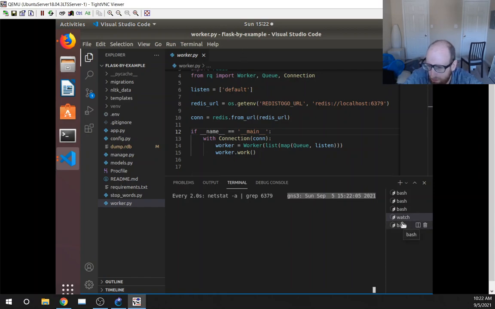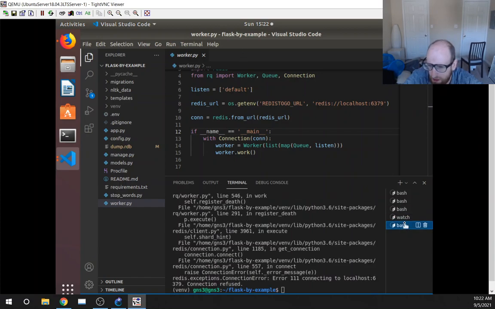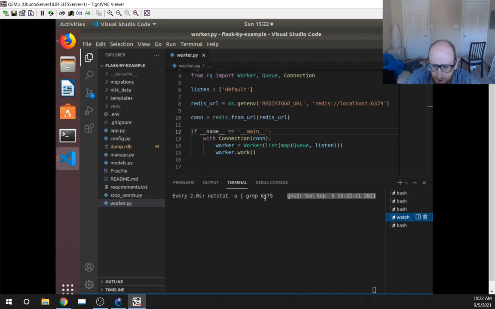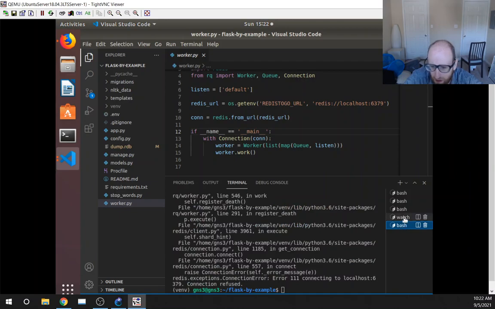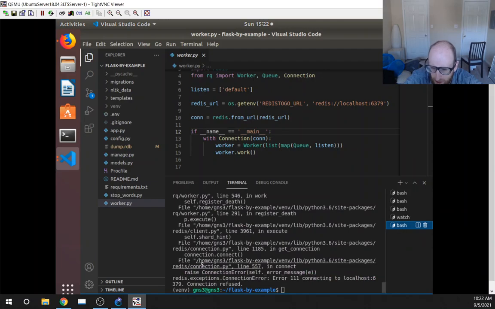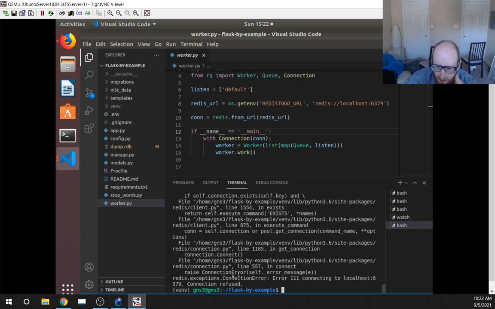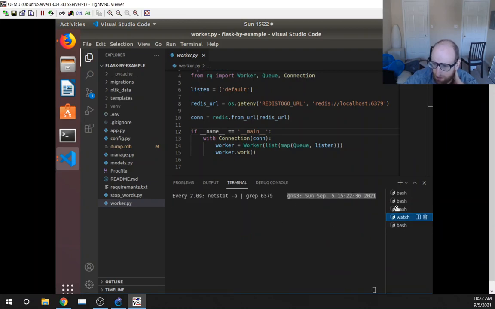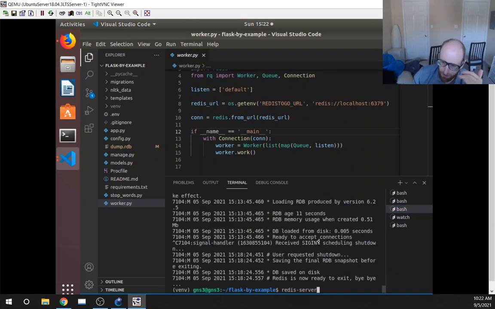Okay, so we've got our connection stopped here on port 6379. We've got our connection refused error here. Everything is shut down right now, and the connection refused error is because we don't have the Redis server running. It's trying to connect to port 6379, and we can see in our watch command we don't have that up. So if I start up the Redis server,